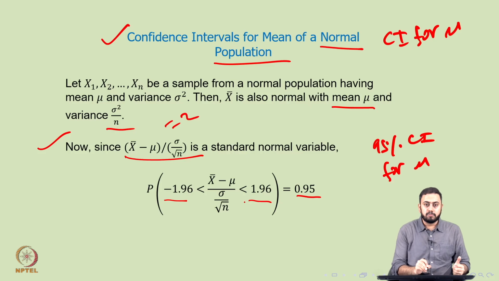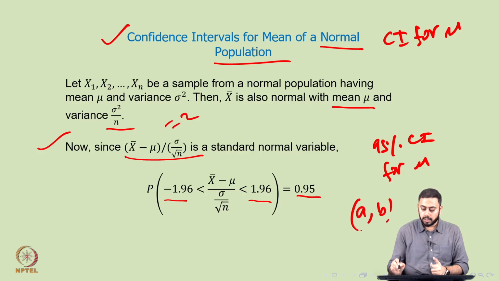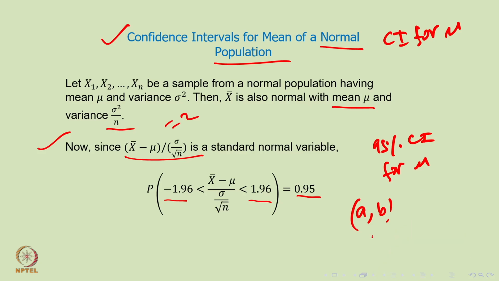Okay. So when you are proposing an interval for mu, you have to propose a lower bound and an upper bound, something like a comma b. If you are able to tell me both a and b, this is a valid CI for me. This is an example of a CI. And then what we want is that the probability that a is less than mu, and mu is less than b, should be roughly equal to 95%. This is the actual meaning of constructing a 95% CI. Similarly, if you are constructing a 90% CI, this number would change to 90. So depending on the confidence level of the CI, this equation should hold true.